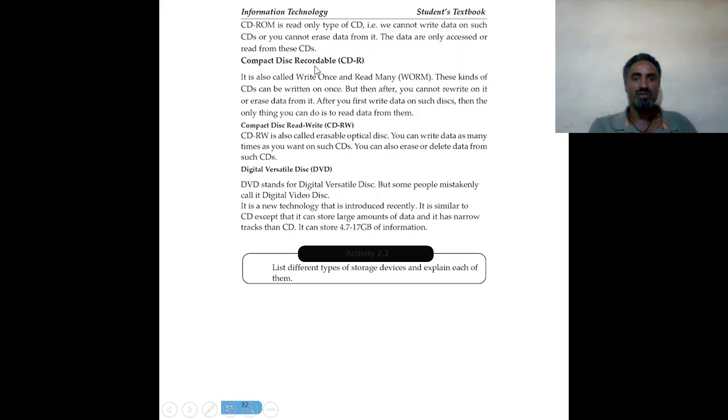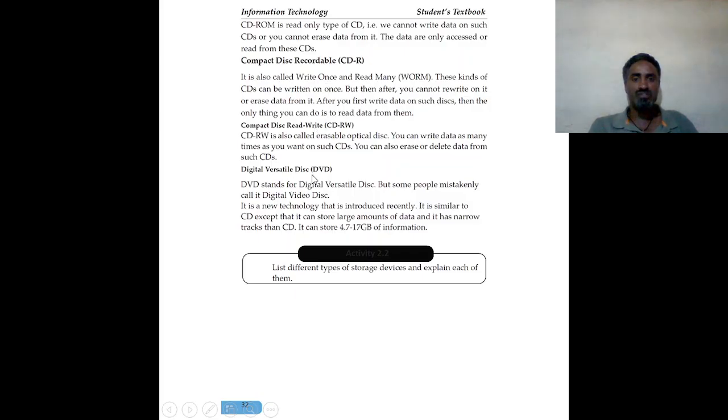In the case of compact disk R, it's not possible to erase after recording. But if it has not reached 700 megabytes, it's possible to add additional files. In the case of CD-RW, it's possible to erase, and we can add additional files to this disk. That's why we say CD-RW, rewritable. If you record a picture, you can erase it and change it into audio.